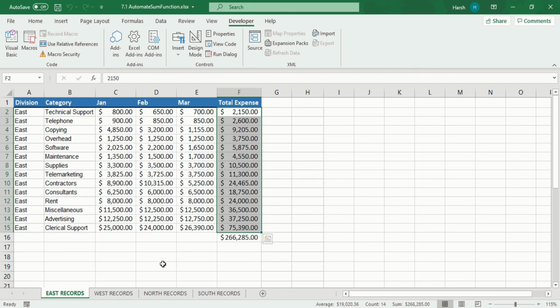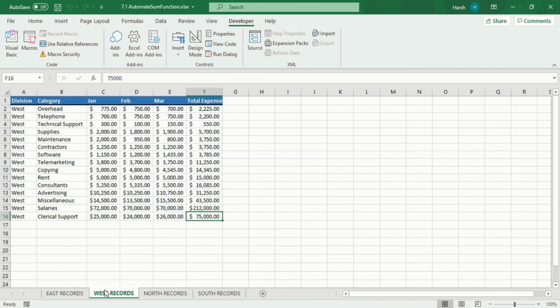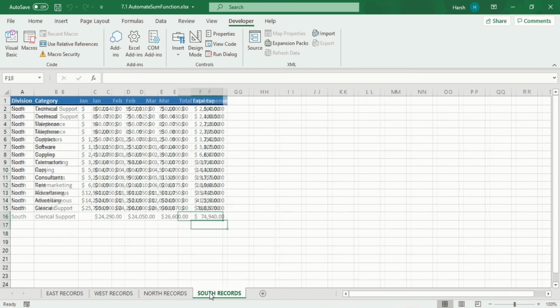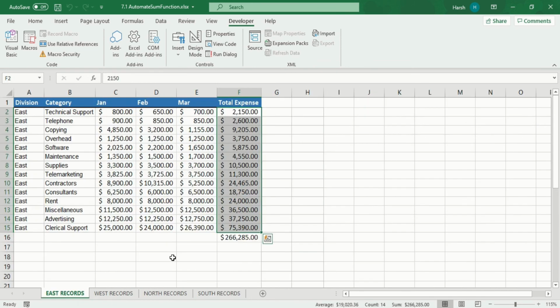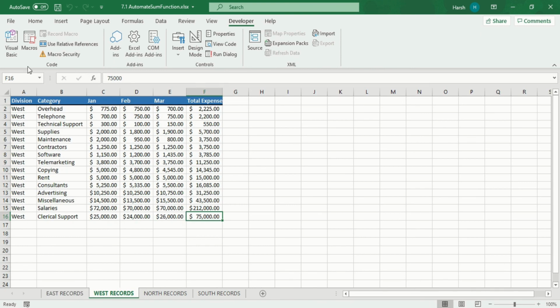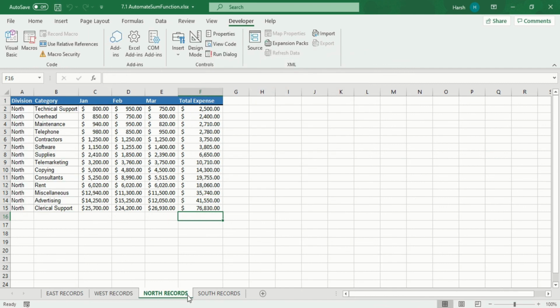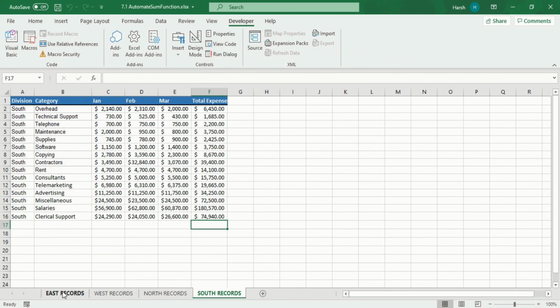But the thing we are left with is that we have to create a code for creating a loop so that it runs in all the sheets, because I can run it one by one, but here I again click on macros and again automate sum run. That means 3 clicks, 3, 9, 12. That means we are clicking 12 times.